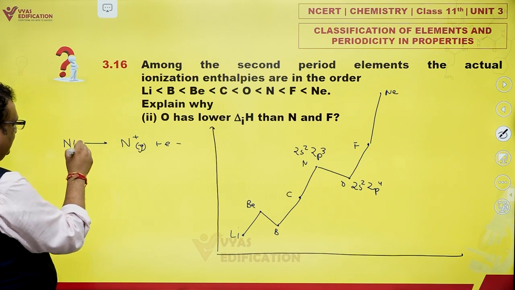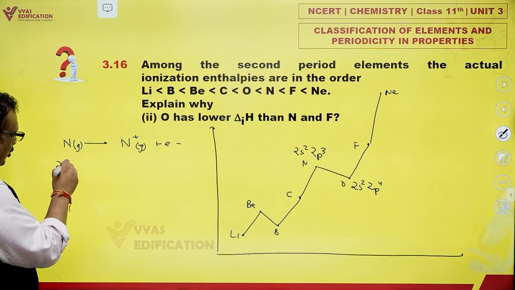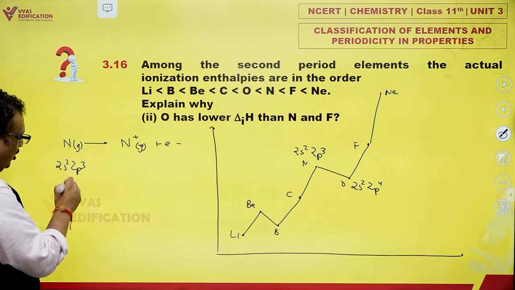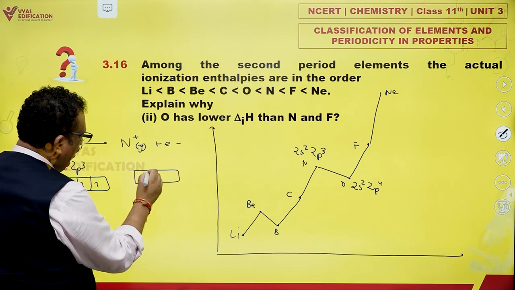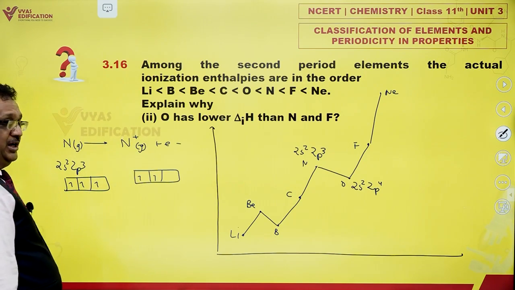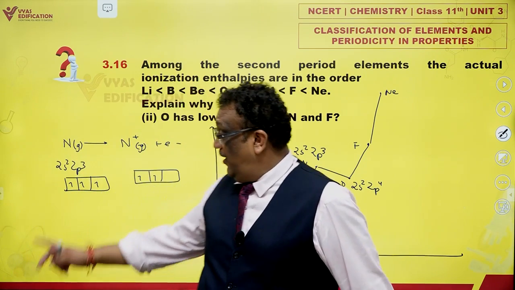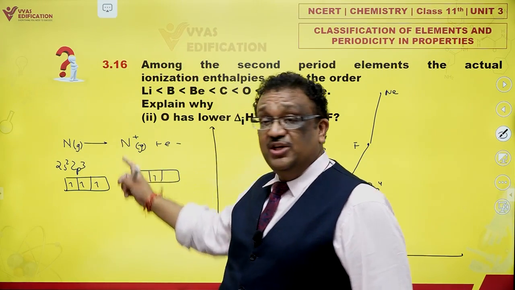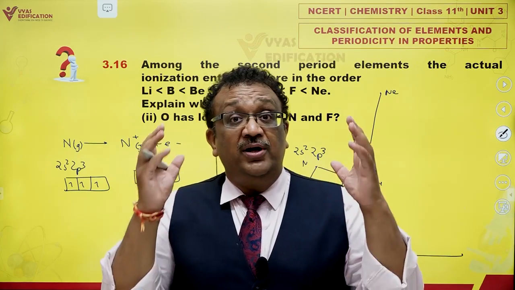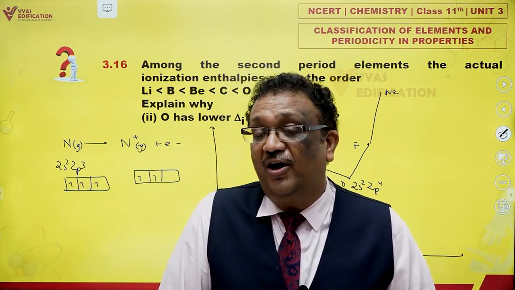Then 2s2, 2p3, you are removing an electron from the 2p orbital. Half-filled p orbitals have extra stability, and ionization of nitrogen means you are destroying the extra stability of half-filled p